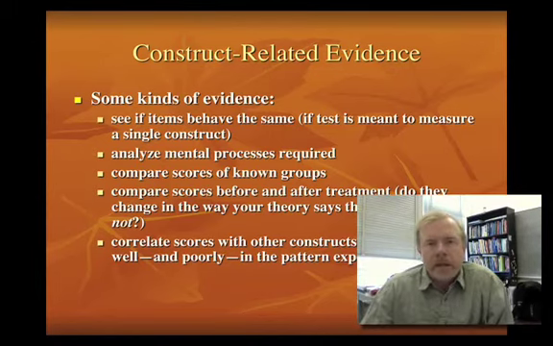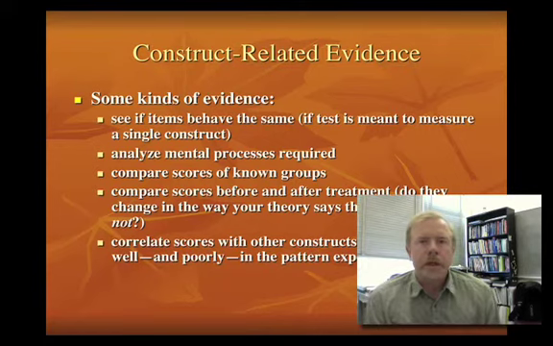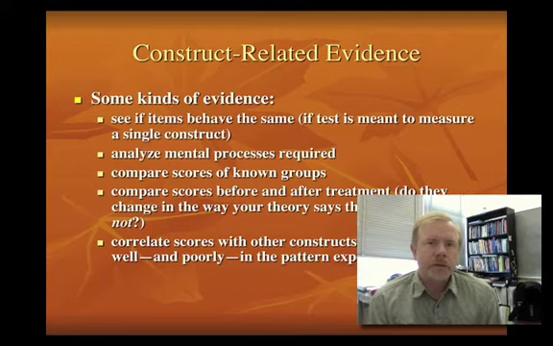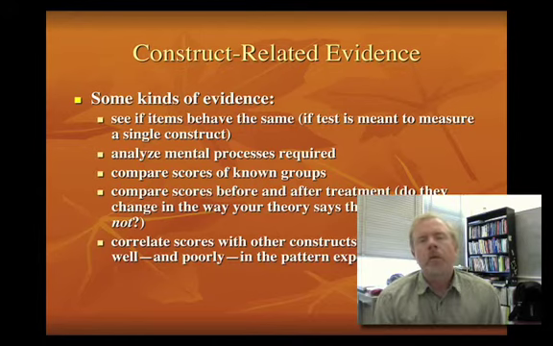So here are some kinds of evidence for measuring a construct. One of the ways that test developers do this is to see if test items behave the same. So for example, recently I've done some work with an aspiration survey, and it was one developed by some researchers here at the University of Maine, Craig Mason, Shifen Tu, and Sid Mitchell, who collaboratively developed this new measure. And it has 41 items, and what it does is it asks students about their future aspirations. Questions like, I'm good at sports, or I'm a good communicator. And then students agree or disagree with each of these statements.